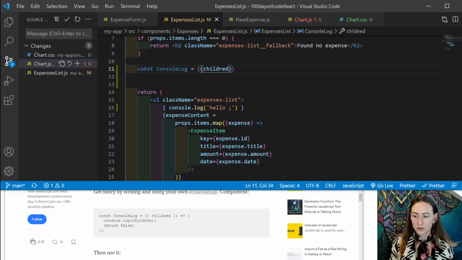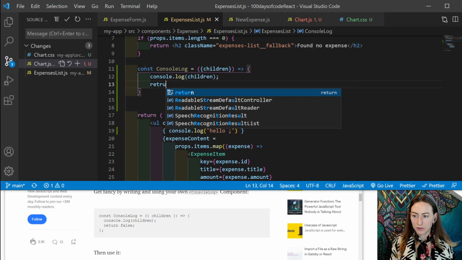And then yeah, okay, so it's going to console log out the children of where I use the console log. So then if I console log and log out what was passed into this, the children, and return false,